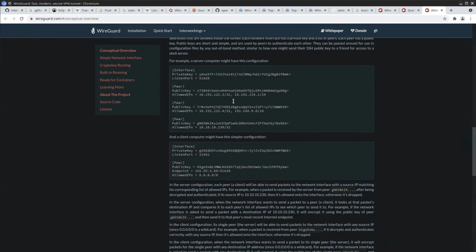Yeah, and the client knows, I guess they have different ports. Public key. Yeah, so the IP, well, I guess the IP of the server is this. Allow. Well, it doesn't really declare its own IP here. All the IP is 0, so I guess nothing is allowed to connect.